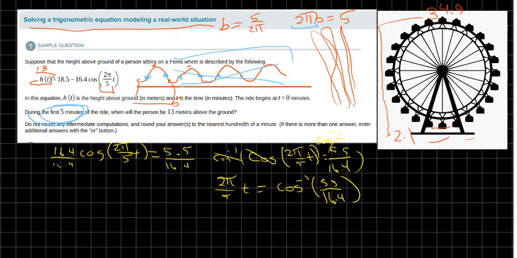We want to find the place where cosine is equal to 5.5 over 16.4. And if we look at our unit circle, cosine is positive when the x-axis value is positive. So it's going to be happening in this quadrant here and in this quadrant here. 5.5 over 16.4 is kind of small, so